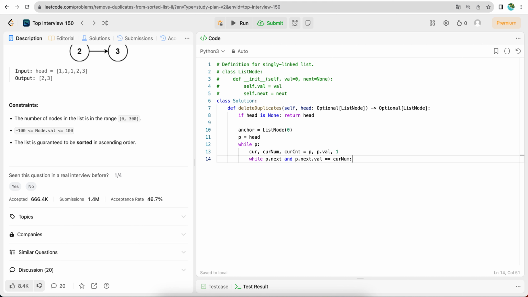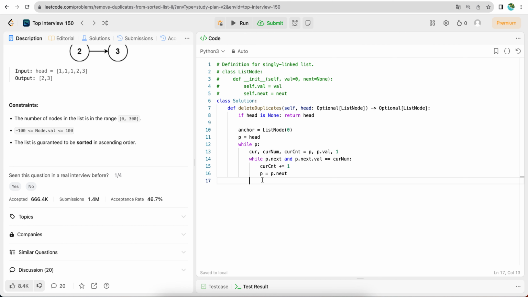If the next node satisfies this condition, that means the count of our current node should be incremented by 1, right? And then we'll continue to move our next pointer, right? So now after we jump out of the while loop statements,